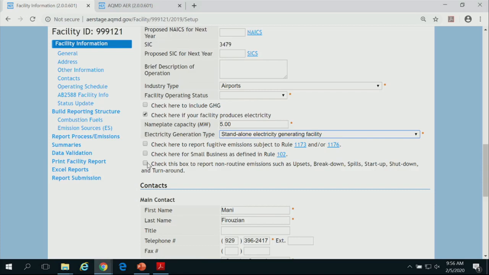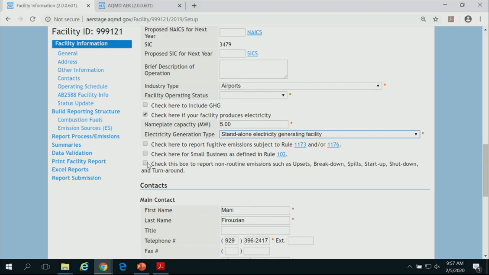So having solar generation and renewable, not combustion, because there are no emissions associated with it, lets the tool know, hey, this is just generation capacity. Don't change the reporting, because there is no emission associated with the power generation.